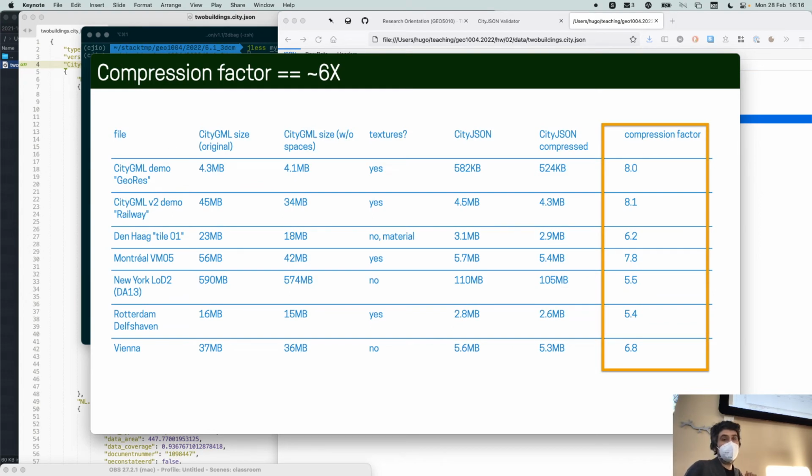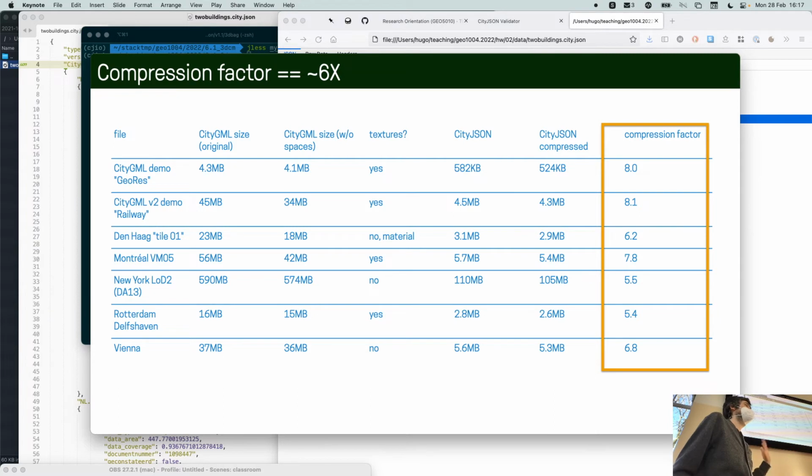And one nice thing that wasn't our aim, but that's a nice advantage, is that if you convert a CityGML file to a CityJSON file, you compress the file by a factor of 6 on average, from 4 to 10, maybe 12 sometimes. These are known files that are publicly available, and you have the size of everything and the compression size.